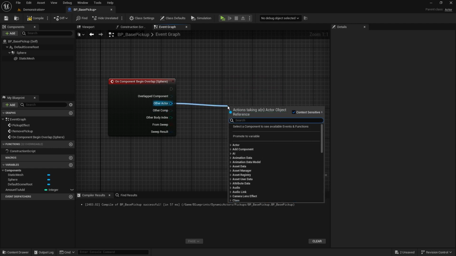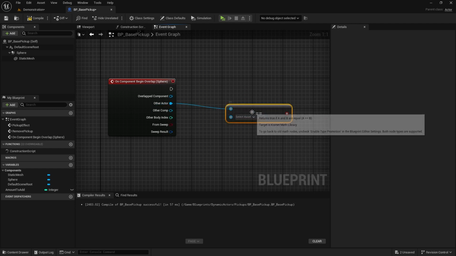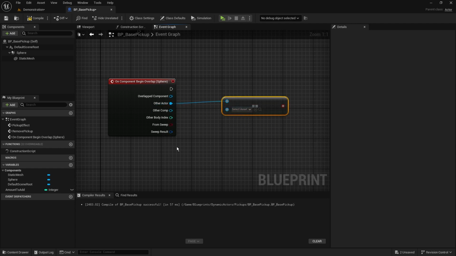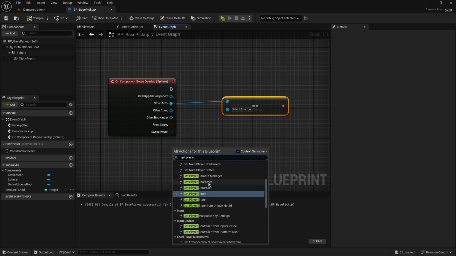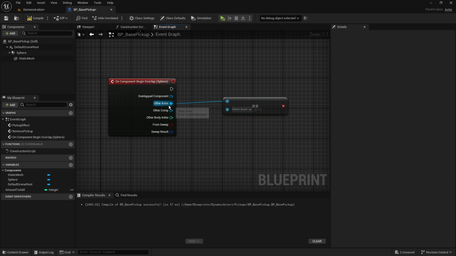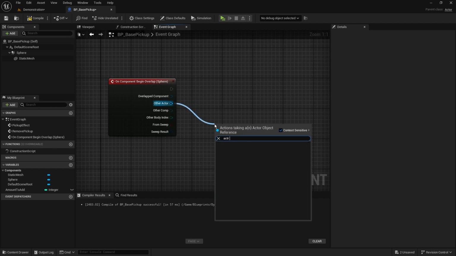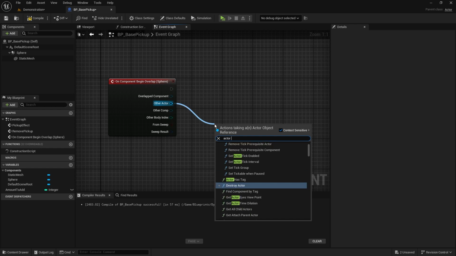So could I go, does this equal a specific actor? So I could say, is it equal to, I don't know, get player, and we've got get player pawn, get player character. Could I look and say, is this equal to the one that I'm currently in possession of? I could do that. I have a preference where I like to go actor has tag,